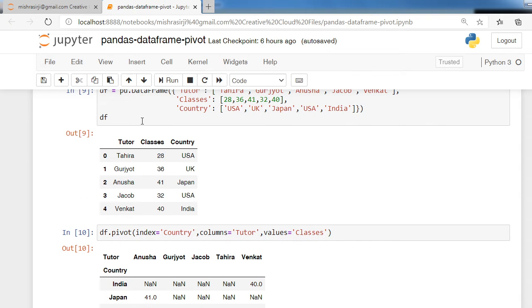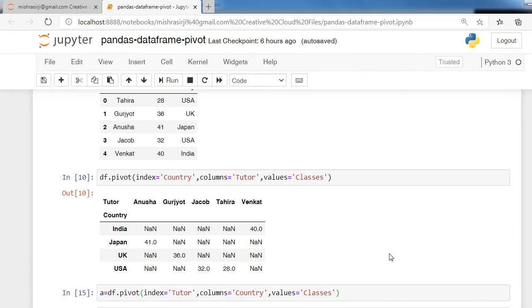Okay, now see, tutor name is Tahira, having 28 classes and belongs to USA. So when the data frame is created, this entry is set in the specific column. So Tahira belongs to USA and having 28 classes.